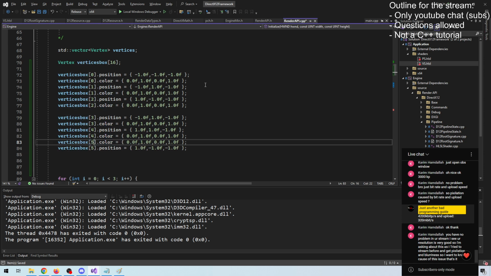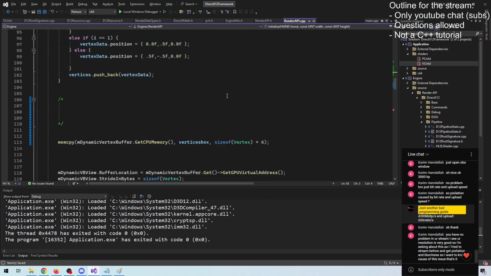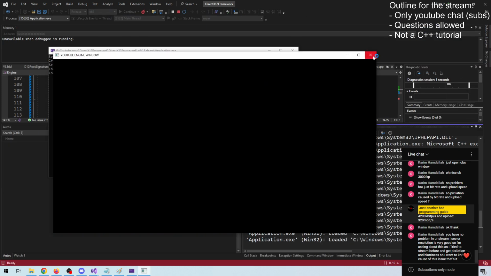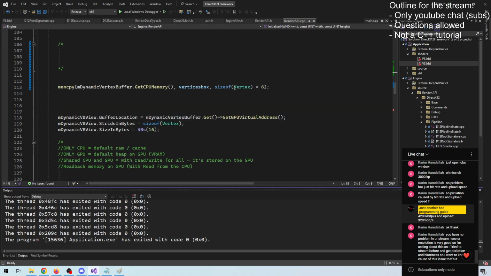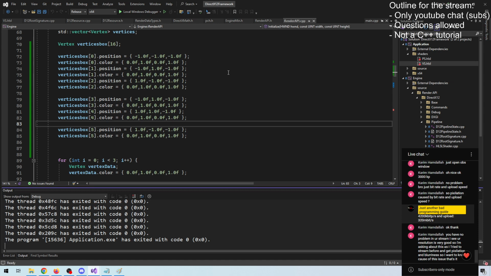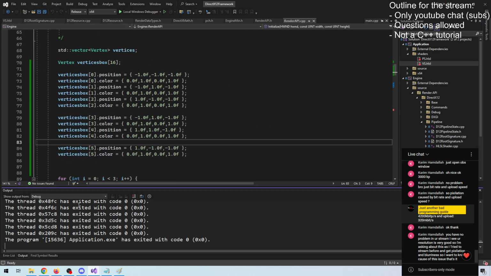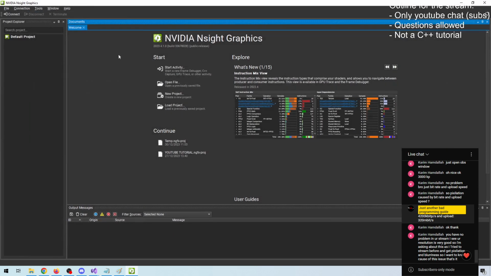Whoops. Let's swap that so that the ordering is all right. All right. Let's do this. It will probably look weird. Yeah. It actually doesn't show anything. That's because we have changed our underlying data structure. Let's see if it actually gets uploaded